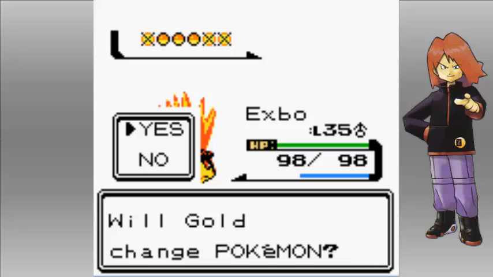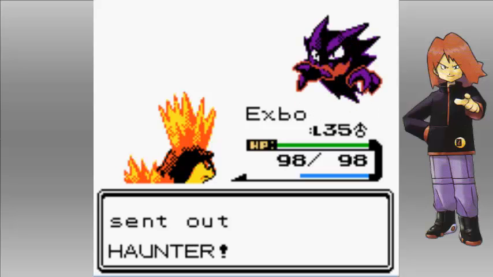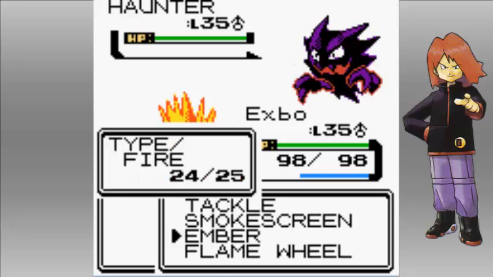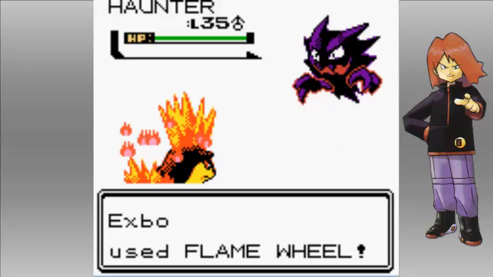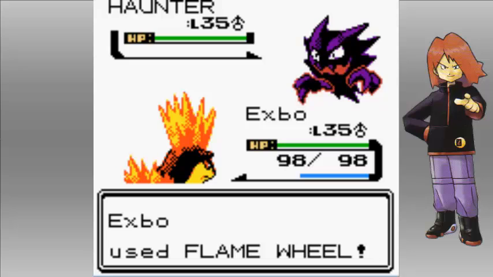Now he's gonna send out Haunter. This guy is very annoying because it has Confuse Ray. It also has Curse, Mean Look, and Shadow Ball. At least it's not as bad as Morty's Haunter. You know what? I'll just keep out Expo and see how much damage she can do. I don't have anything that would work well against poison or ghost type Pokemon, so I'm just gonna use Flame Wheel. Actually, I think fighting is good on poison type, but because of the ghost type, it's not gonna work, so...